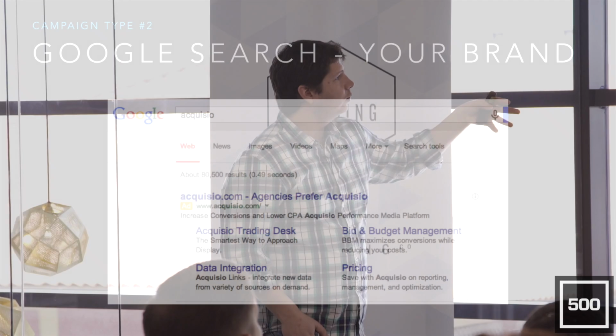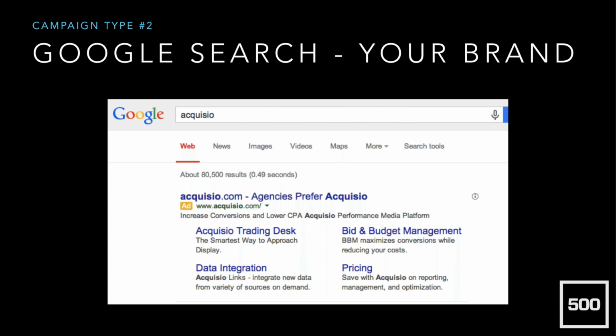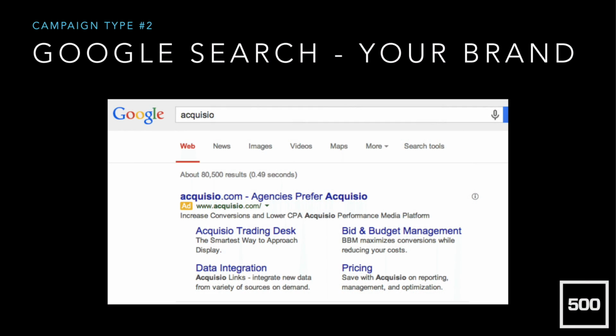With these 25 campaigns, you will fix that problem. So then you can do Google search on your brand. Acquisio, for example, is a tool that we use to optimize AdWords spend. If you search Acquisio, you have your ad there. Why would you want to have your ad, even if you are first in the search engine results? Well, would you love to have the whole page with your keyword? Yeah. So you're recognizing that having more space on one page is better than having less space. Well, this is very cheap actually to do, and you should do it.